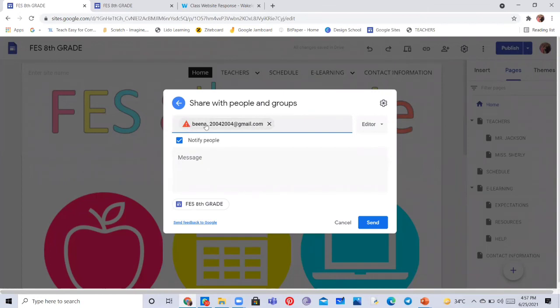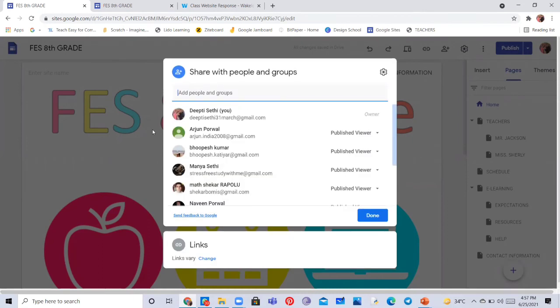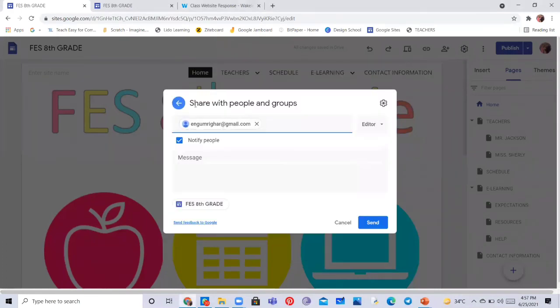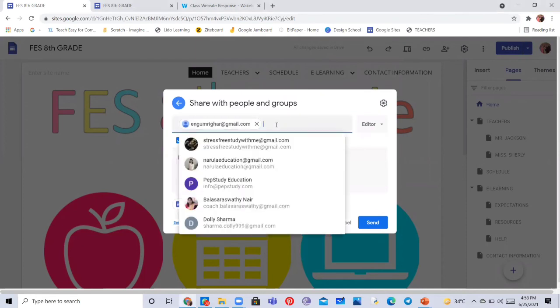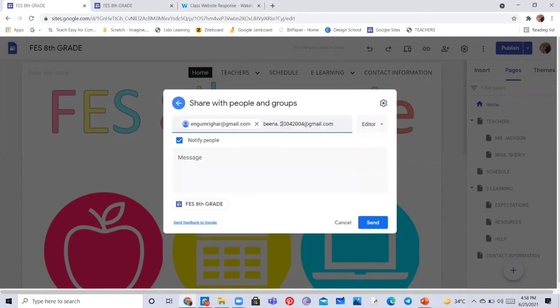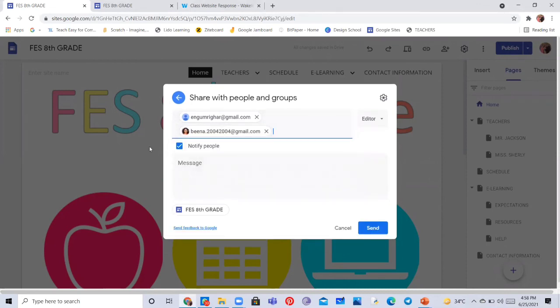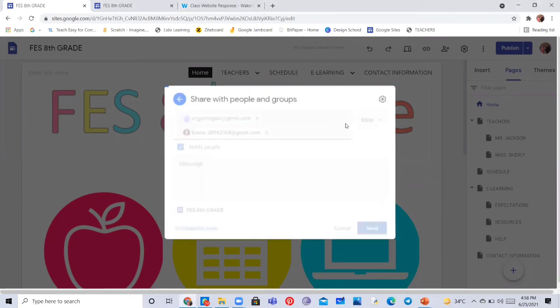Not a valid email address. Okay, just a minute, there is a space in between. Now, you don't need to write it. I just corrected it. I hope you got the email.